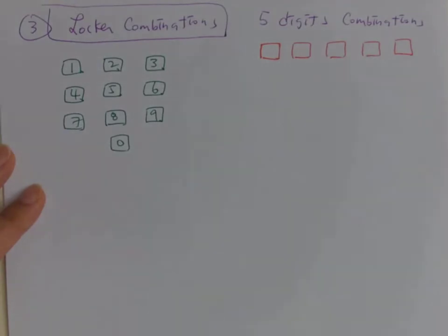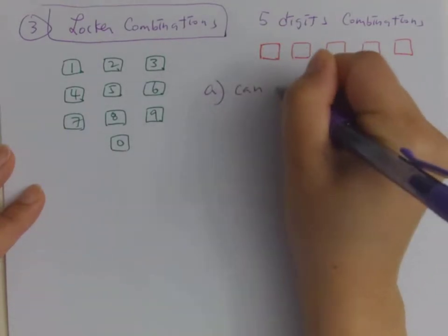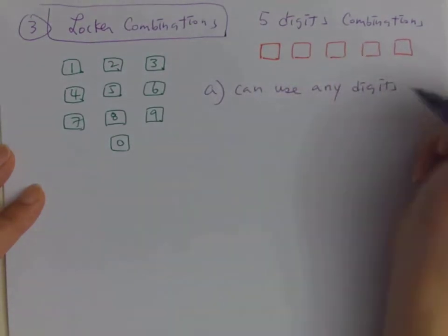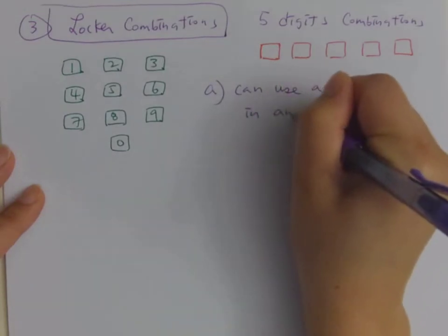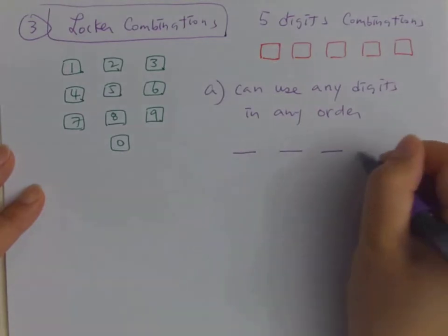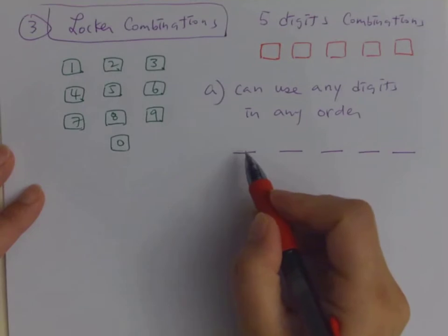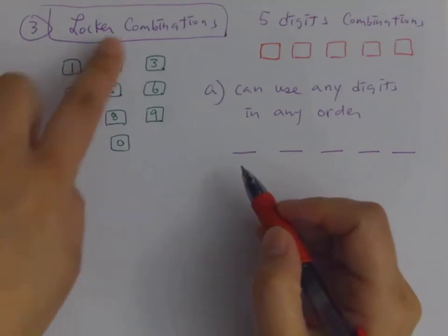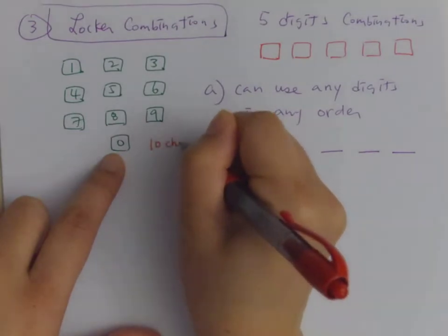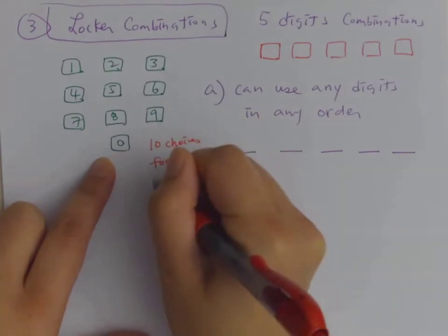So the first one, say they want to use any digit in any order. Okay, so I have 5 spaces to fill. So how many choices do we have for the first space? So 3, 6, 9, 10, right? So I have 10 choices for each of the spaces,